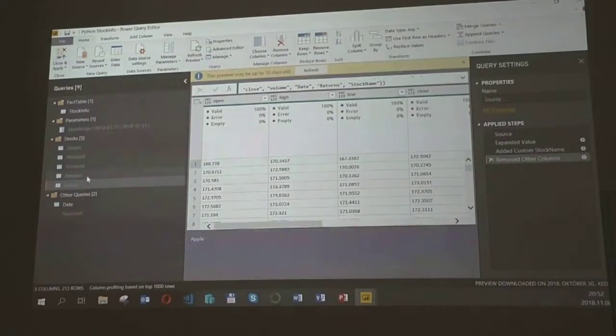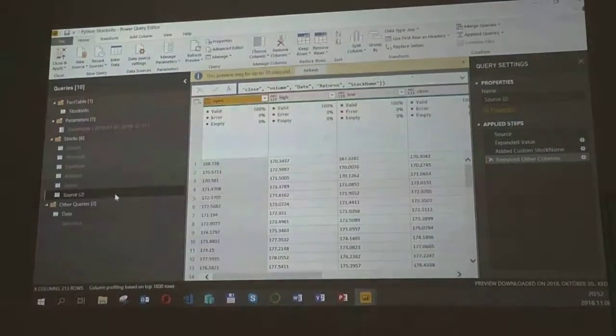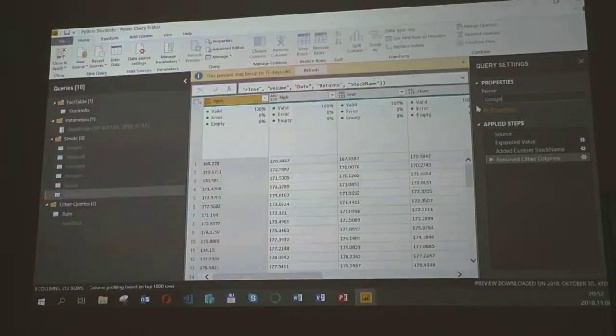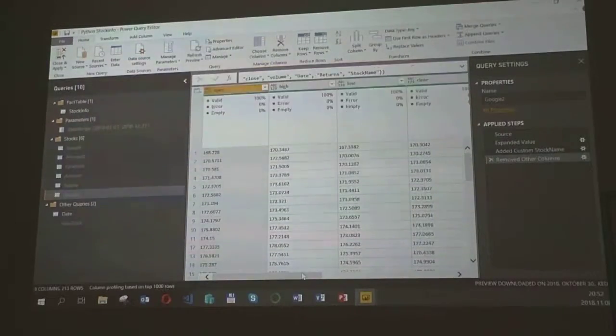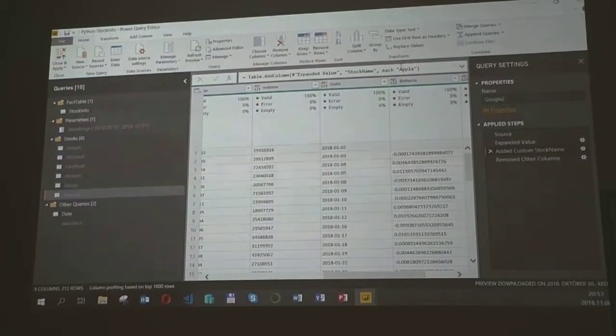And the way to create the Amazon and Facebook and Microsoft queries is to duplicate this query, and you just change the identifying column to Google.